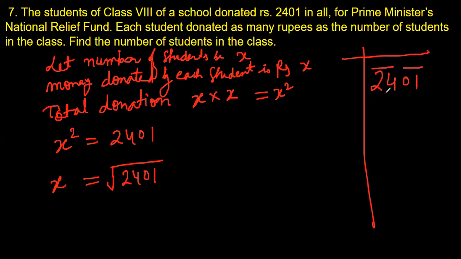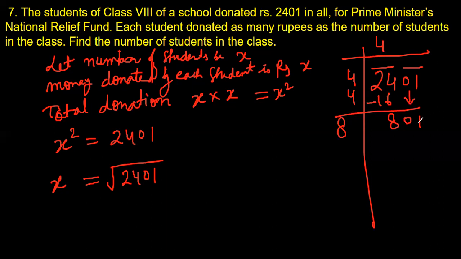24 is a number which is bigger than 4 square but smaller than 5 square, because 5 square is 25. So we will write 4, and 4 multiplied by 4 is 16. Subtract, we get 8. Take down this 01. Add these two numbers, or double this number. We'll get 8, adding these two or multiplying the quotient by 2. Now 8